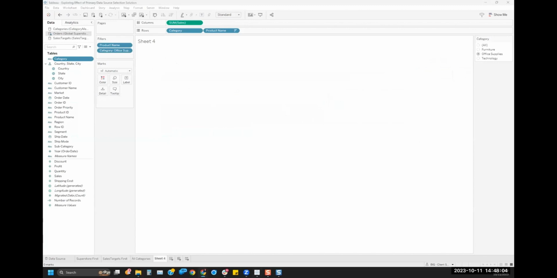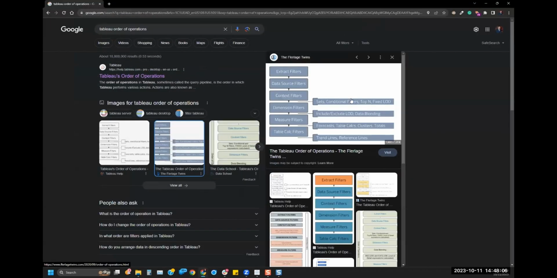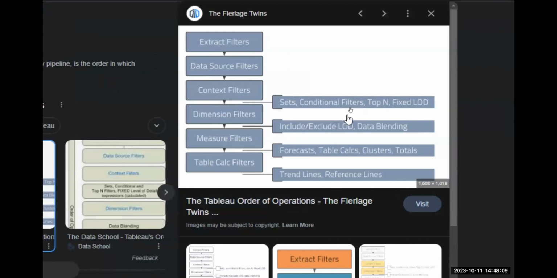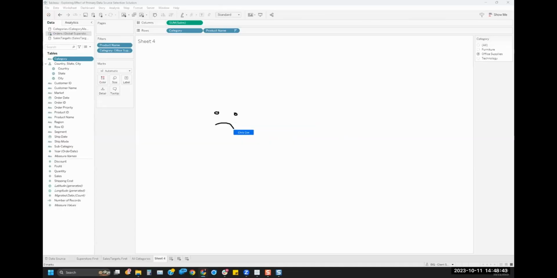And that goes back to what Chris had shown us earlier, which is this hierarchy. So what's happening right now is this top 10 filter is happening for the product names, and then the category filter is happening secondarily. What I need is the opposite. I need the category filter to happen first, and then the top 10 filter, right? So how we're going to do that is we're going to take our category filter, which is a dimensional filter, and promote it to a context filter, which means this is going to happen first, and then this top 10 filter is going to happen second. So let me get this out of the way. How are we going to do that?